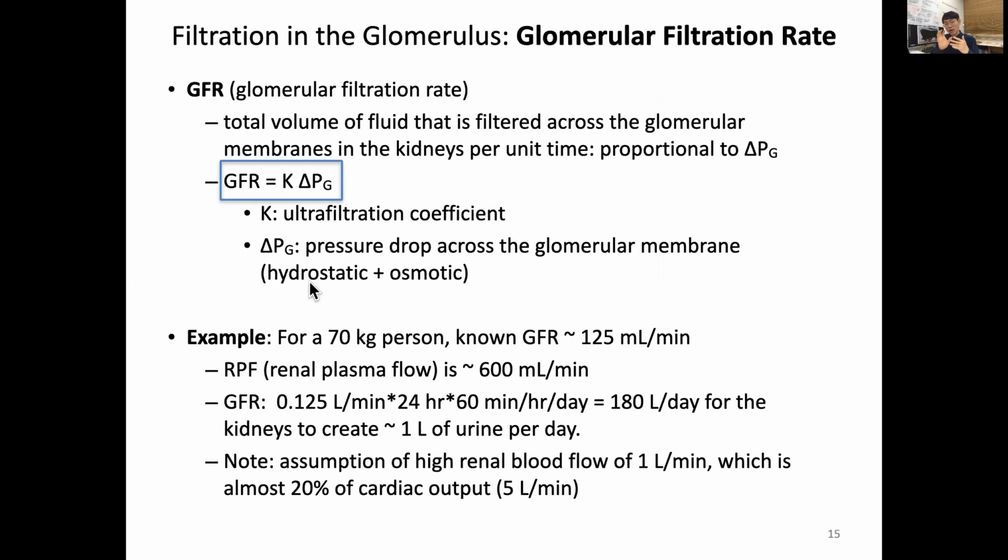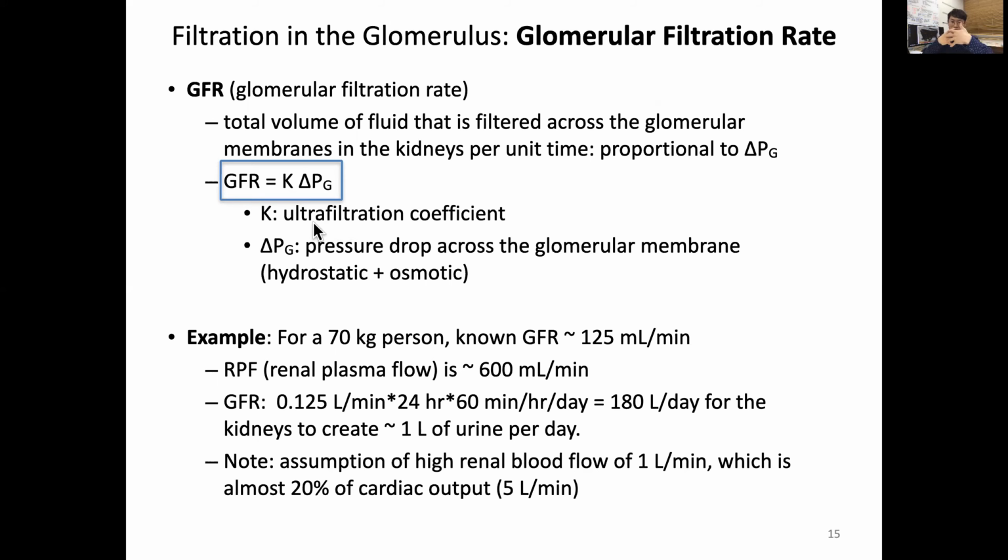But at the same time, because of size differences and concentration differences between the blood and the Bowman space, or urine, there comes an osmotic pressure as well. And the proportionality constant we call the ultrafiltration coefficient,